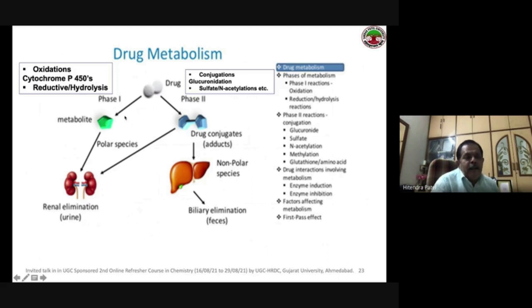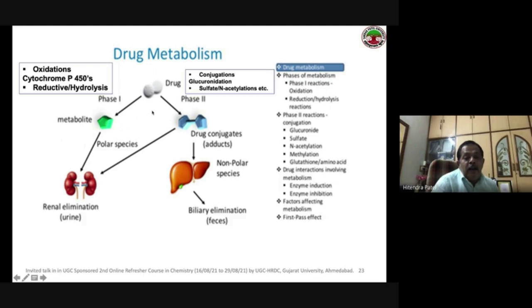The second thing that also happens in phase 1 is reductive hydrolysis, and we get the metabolites, right? After the metabolite process, we get polar species. As you know, haloperidol converts into salt formation. So the polar species is formed, and then drug elimination happens through renal elimination,